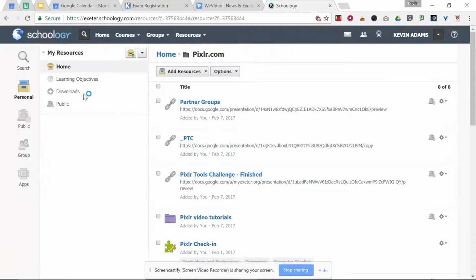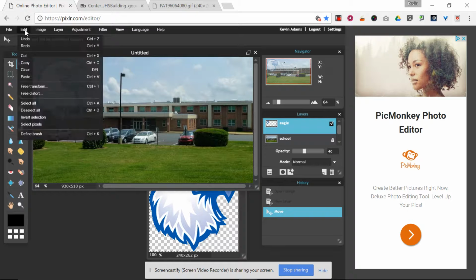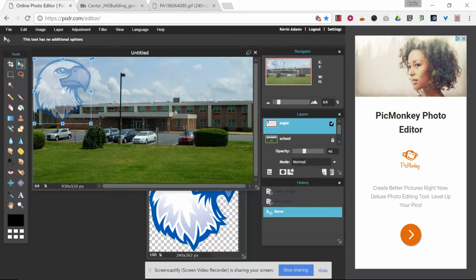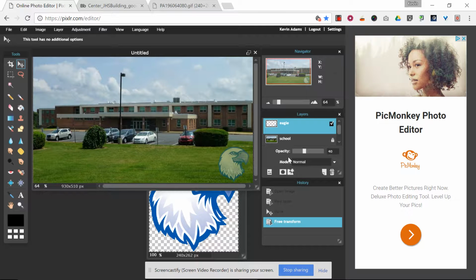I could also do a free transform. Whoops, didn't mean to do that. Edit, free transform. And remember, hold shift when you're resizing so that you don't change the proportions of your image. And I could put my eagle over there. I could put it over here. I could put it down in the grass. Okay. And then got that neat little blended effect there. And all I had to do was change the opacity. There's also some other things you can do with this